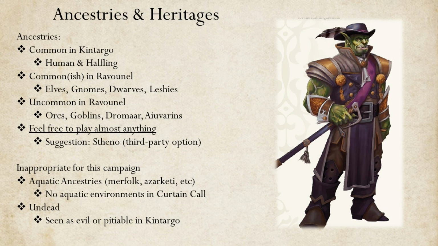Ancestries for player characters. Now it's time to dig into some player-facing information which you can use to build your characters for Curtain Call. Kicking things off, PCs can select from an incredibly wide variety of ancestries for their characters in this AP. Kintargo is a large city where many ancestries are accepted without the blink of an eye, though ancestries which are exceptionally rare in the region, like automatons or androids, might still draw attention and recognition.